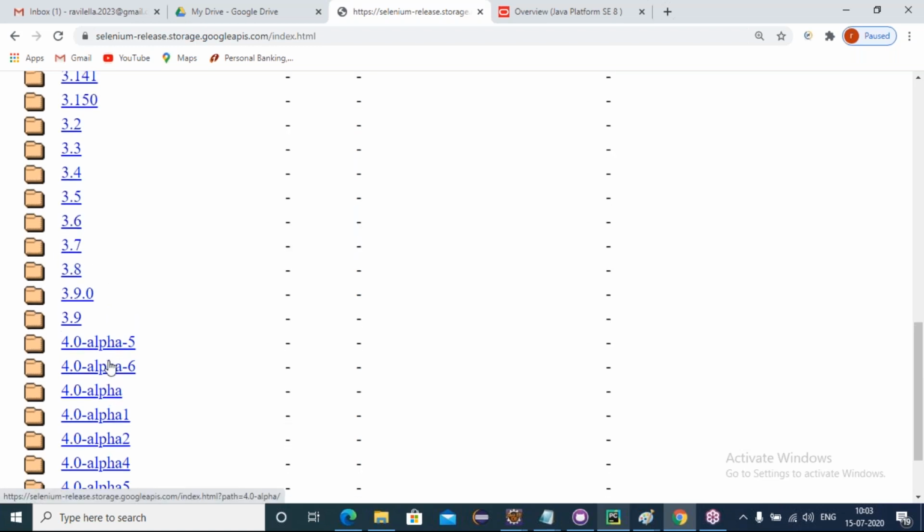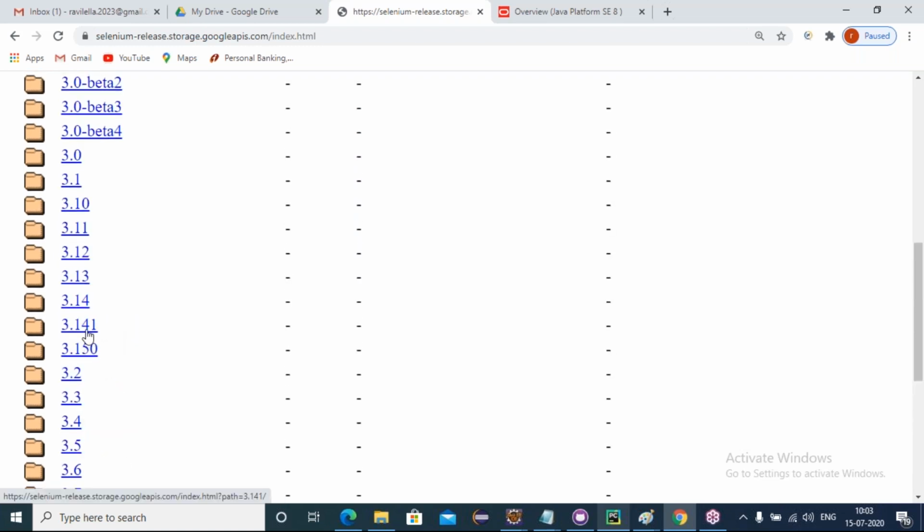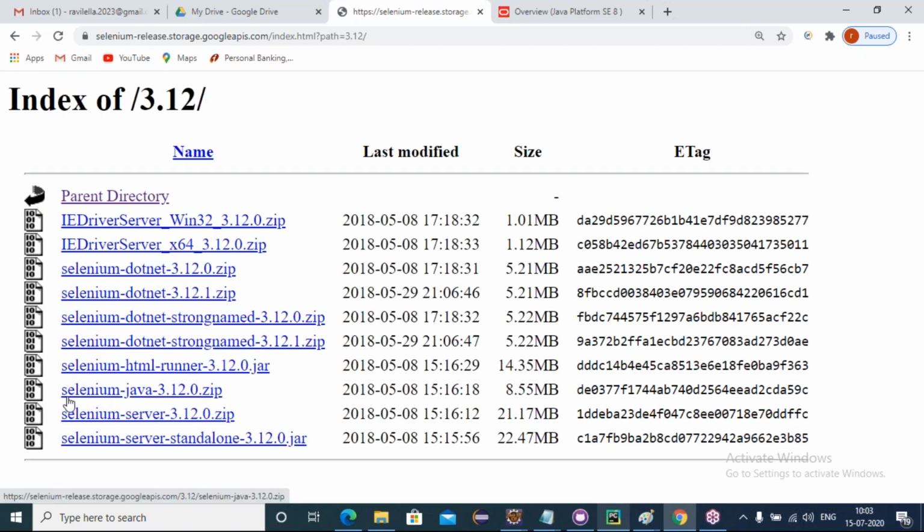These are the versions. Suppose 3.14 is the latest and I want to download 3.12. Then you come to the previous releases, click on 3.12, and here we can see the Selenium Java 3.12.0 zip file. This is the one we have to download. Anything named Selenium Java with a version is the Selenium Java language binding.